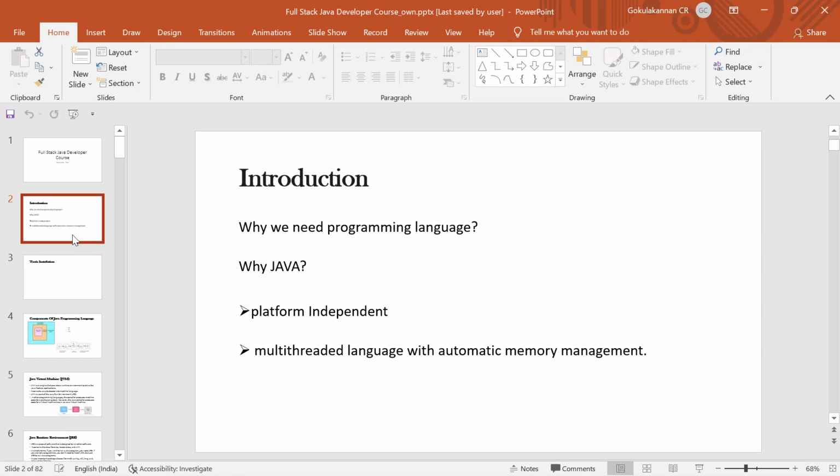So what is a programming language? It is a language which is understandable by the machine. So by using this language, I can give instructions to the machine, and finally I can make the machine perform my activity. And for Java, so many things they will say. Reliable, security, yes. These are all available in other programming languages. We cannot comment on other programming languages because everyone is unique in their own way. But personally, I feel that these are the points which made Java unique in the market. So you can also say Java is providing security, and you can say platform independent, multi-threaded concept, then memory management.